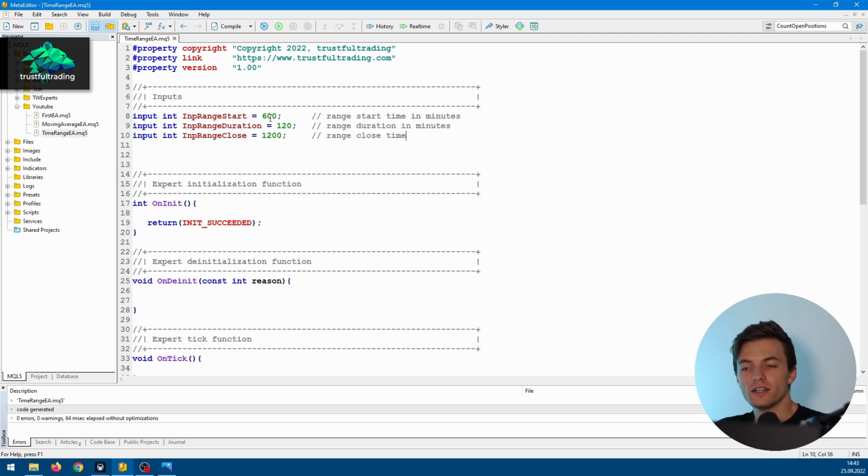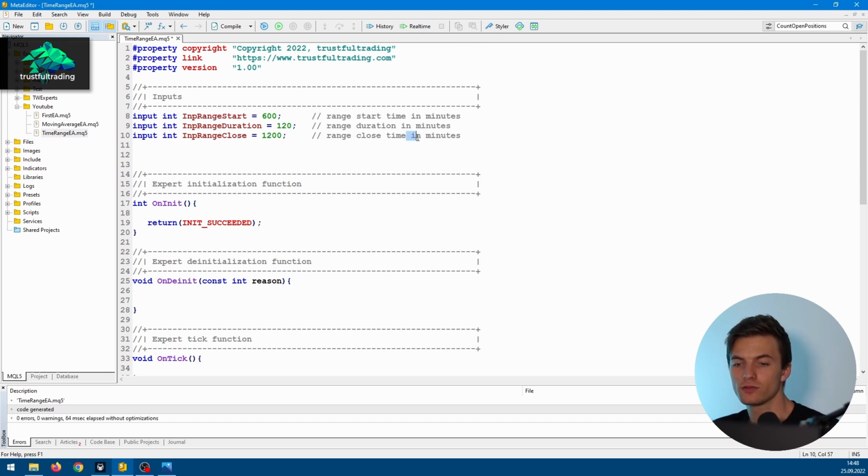So of course it's not that intuitive to enter the times, but you will get used to it. So 600 would be 10 o'clock, for example, because it's minutes after midnight, and 120, the range is 2 hours long, and we will close the trade in the evening at 8 p.m. Okay, and maybe we write time